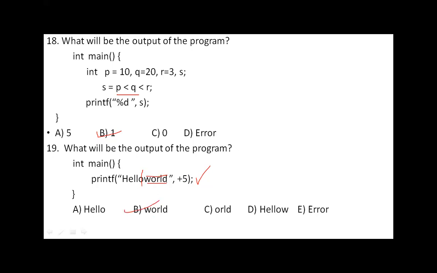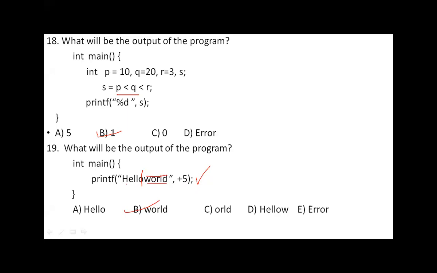It doesn't mean that only the 5th character you print. No, print from the 5th character onwards. In other words, if you consider the index as 0, 1, 2, 3, 4, from the 5th index onwards, you go on printing. So world will be printed on the screen. And it is also not only the first 5 characters.